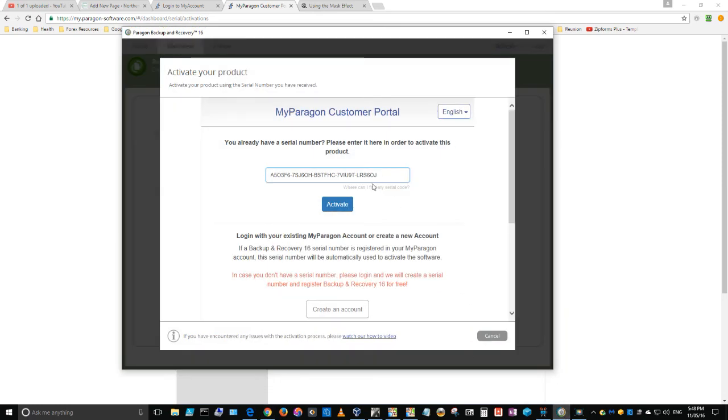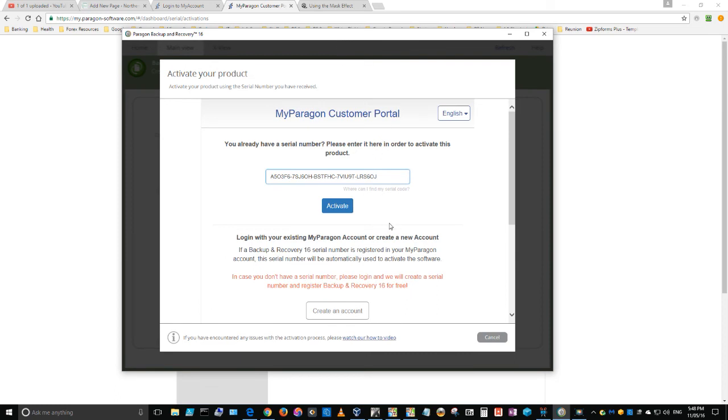Now, I tried to paste it into mine, and this is when I first started up the Paragon software. This is what it looks like. It says, please activate. I tried to paste mine in, and I was unsuccessful. So you may actually have to type it in like I did. So I would recommend saving it to a text file or something and sticking it in your documents folder, giving it a name that you can remember so you'll know what this is for,